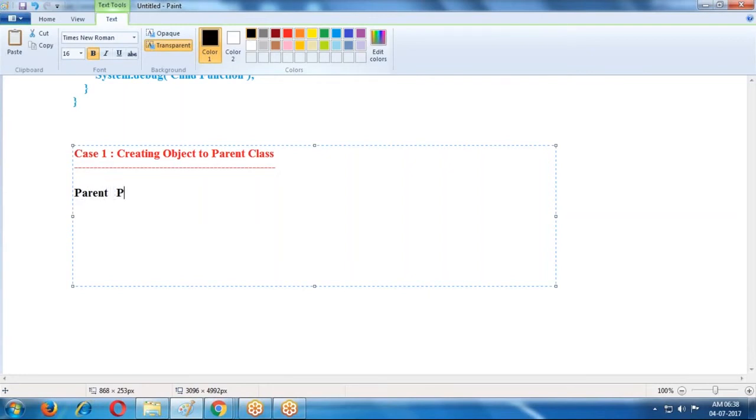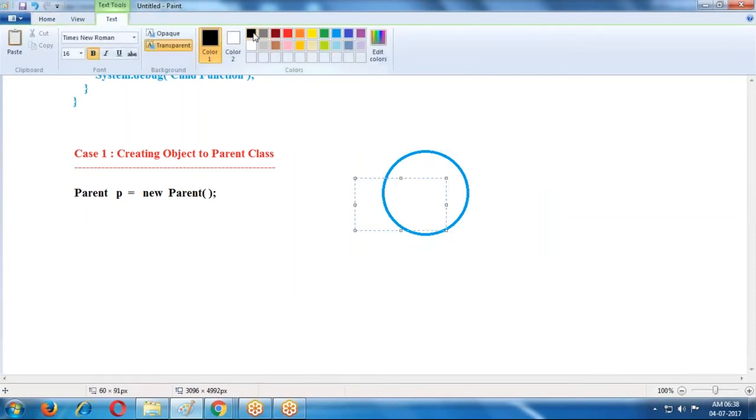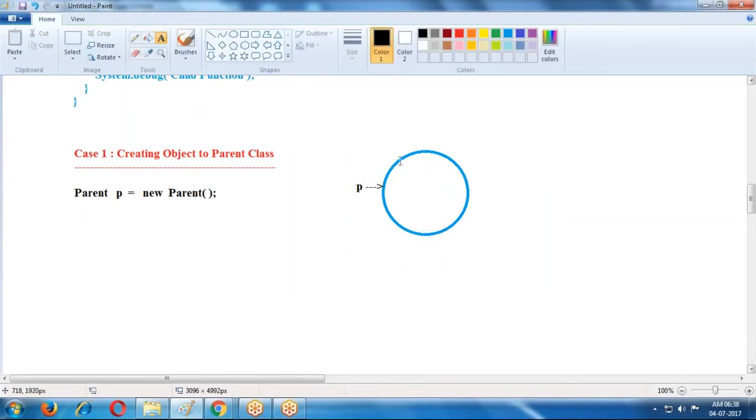Parent p equals new parent. Whenever I create an object of parent, one object is created. This object is related to which class? Parent class object. The object name is p. It refers to the parent object.